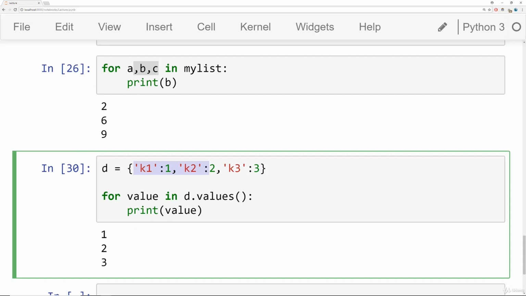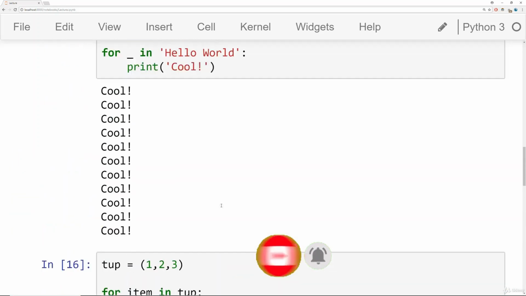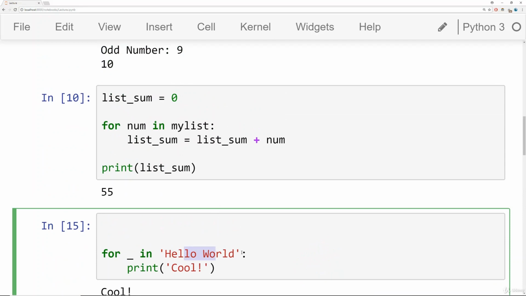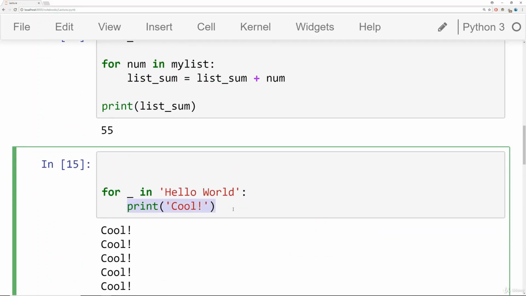This is going to be a really important tool for us, so make sure you understood it well with the above examples. Specifically, make sure you really understand the white space. So probably the most important thing to get out of this lecture is the fact to use this for keyword, any temporary variable you want, then the keyword in, some sort of iterable object, either values, the list, or a string itself, as we saw up here, colon, and then in this indented block of code,